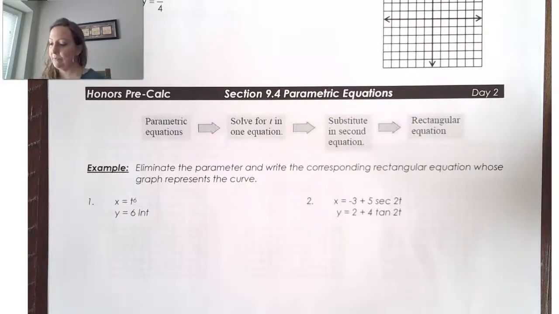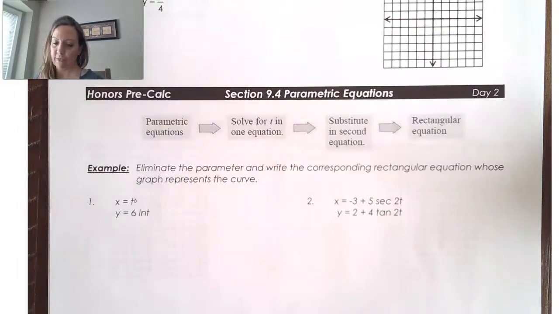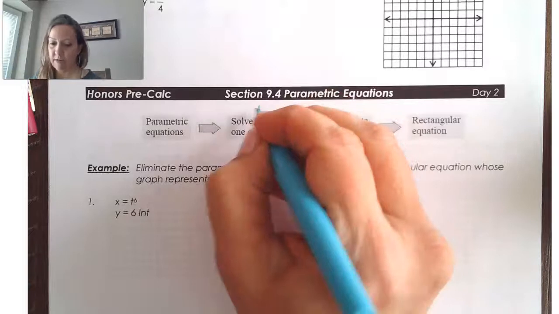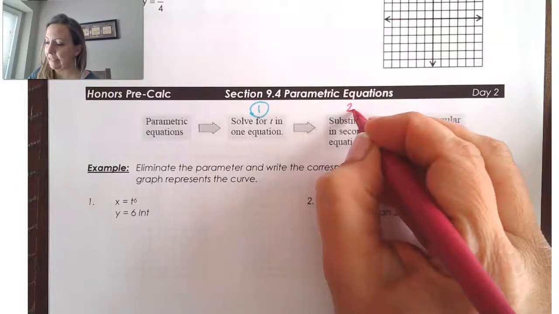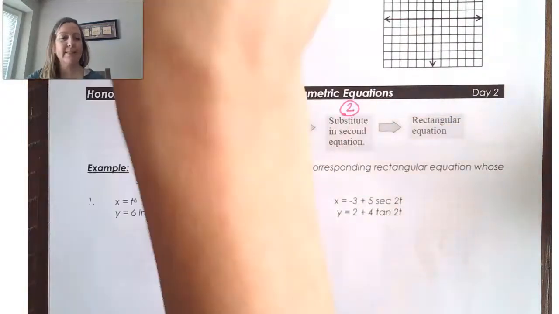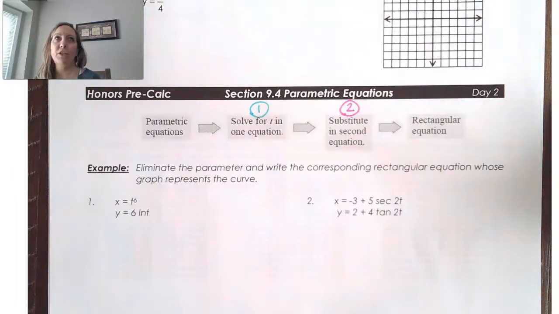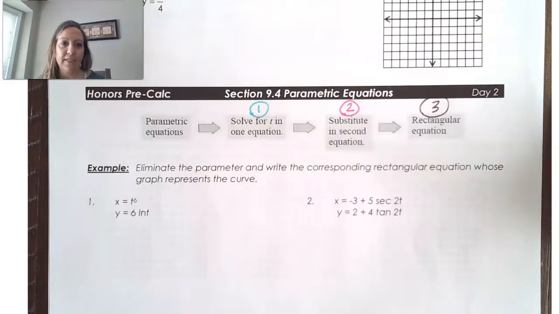And so to do that, when we're given parametric equations, we'll start by solving for t in one equation. That's going to be our step one. Step two is that we're going to substitute that into the second equation. And what you'll see is that sometimes we'll have to go back and use some friendly faces from earlier. And then step three is just to have that final rectangular equation. Okay, so